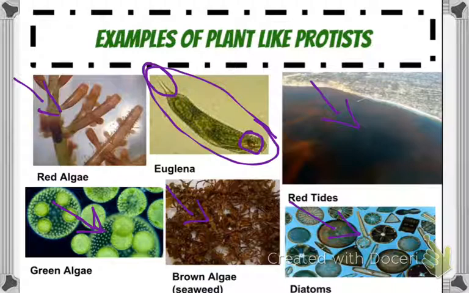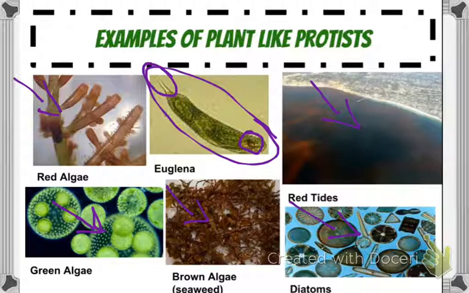And these things are really cool. It's kind of like looking at seashells underneath the microscope. They're very small, single-celled organisms. They come in really bizarre and interesting shapes. But we're going to look at them under the microscope and see what they look like. They are protists. They are plant-like protists. They're going to undergo photosynthesis, and they're typically found in